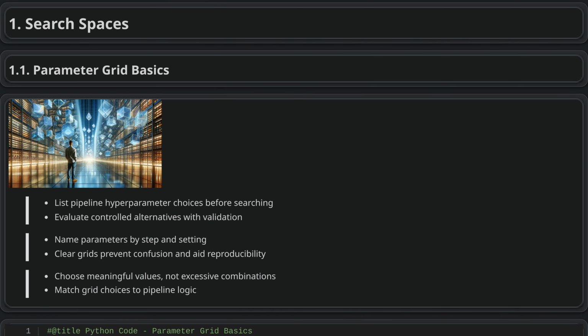Search spaces. Parameter grid basics. A parameter grid defines the hyperparameter choices that a model selection process will test across a machine learning pipeline. These choices can apply to pre-processing steps, such as scaling or encoding, as well as to the final model, such as its regularization strength. By setting this search space in advance, the pipeline can systematically compare alternatives using methods like